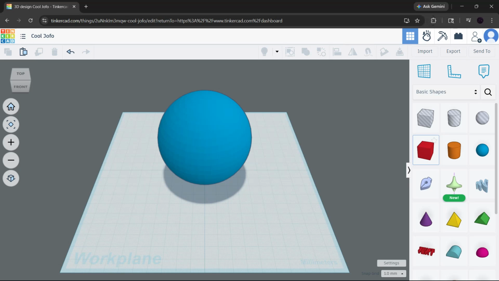In this video, I'm going to show you how to make the Tinkercad grid bigger so you can have more space to work with on your design. If you've ever felt limited by the default workplane size, this quick tip will help you resize the grid in